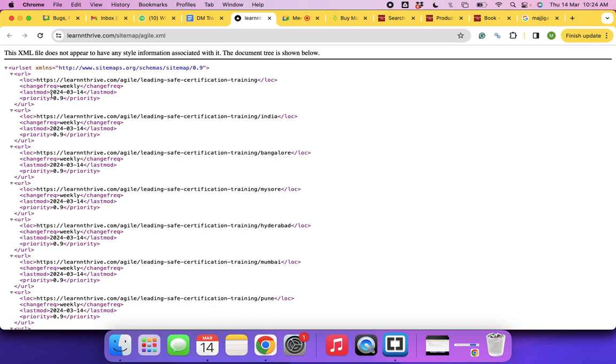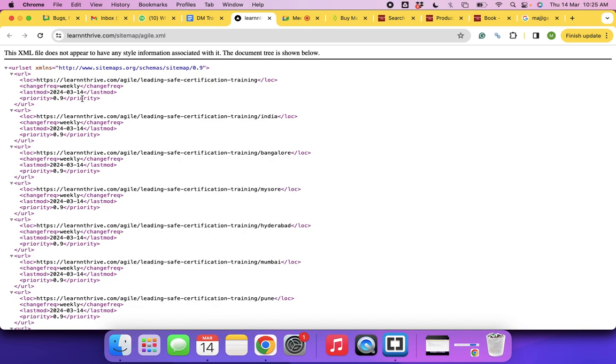And now last modification. The content was last modified on the 14th of March. And then priority can be 0.1 to 1.0, and 1 indicates highest priority for this web page and 0.1 indicates lowest priority. We are telling bots don't take it so seriously.